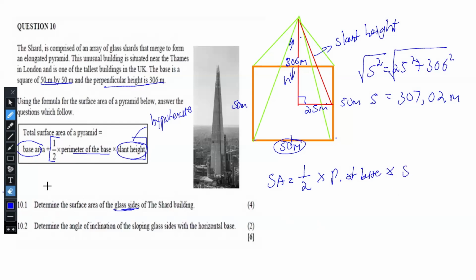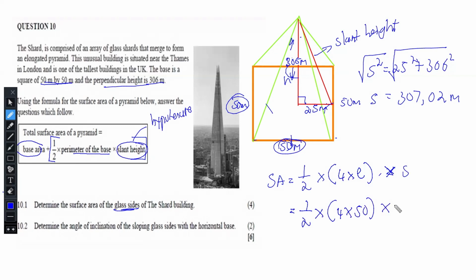The perimeter of the base is 4 multiplied by the length, because this is a square. If we want to find the perimeter, we say 50 plus 50 plus 50 plus 50, which is simply 4 multiplied by 50. So this is 1 over 2 multiplied by 4 times 50, and then multiplied by the slant height, which is